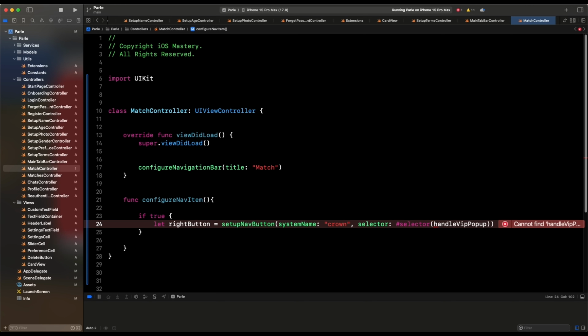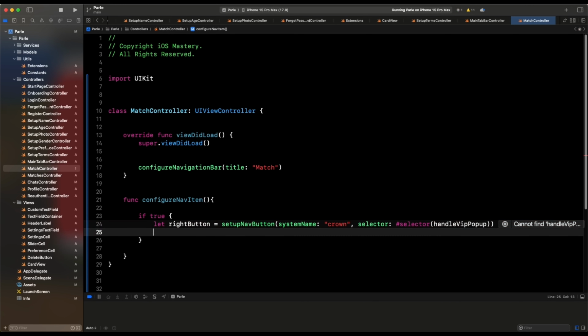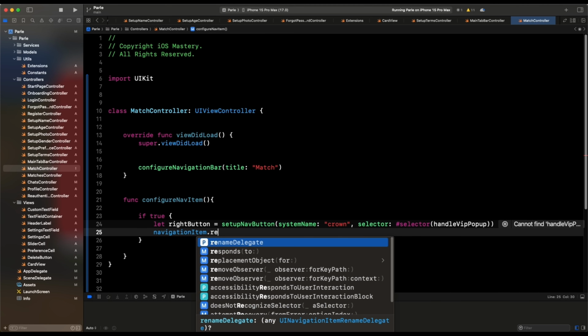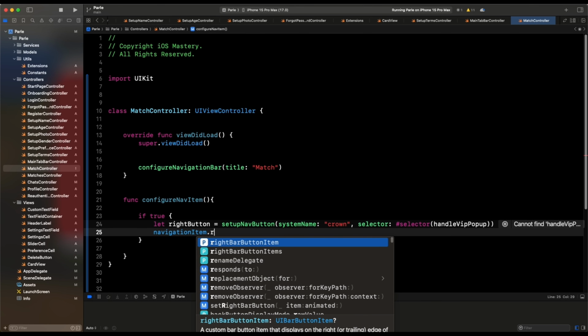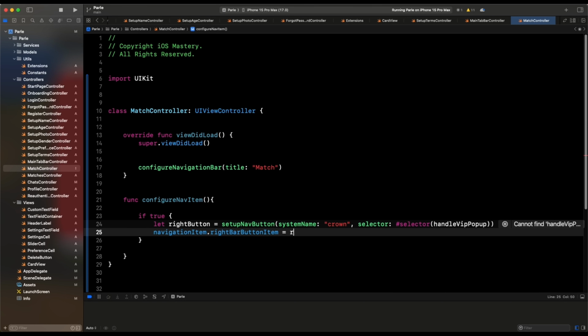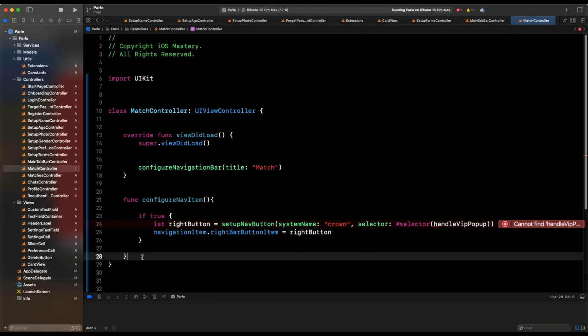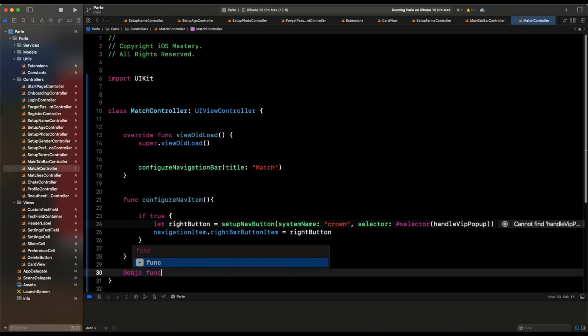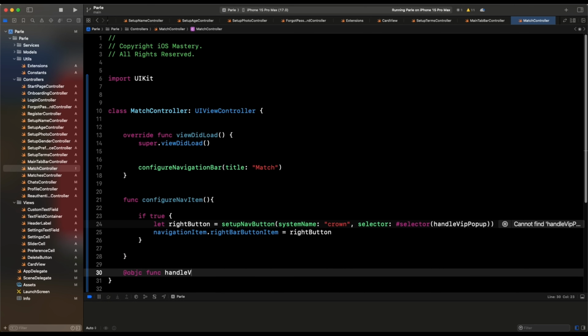And then we're going to put it on the right, and for us to put it on the right, we need to come here and we say navigation item dot right bar button item, and this is going to be right button like so, right? And here we need to create the functionality for this, so we come here and we say @objc func, and this is going to be called handleVIPPopup